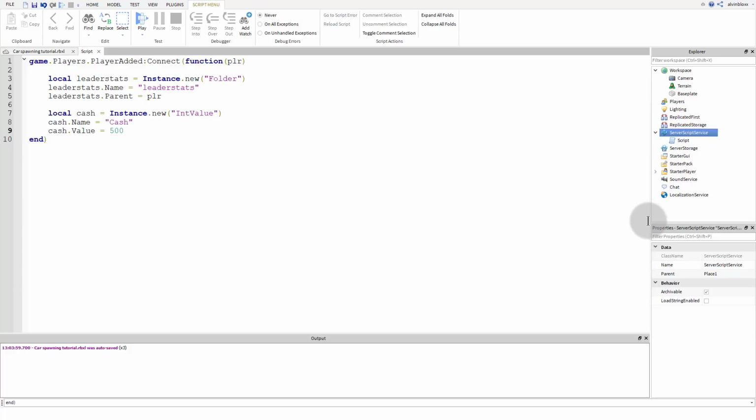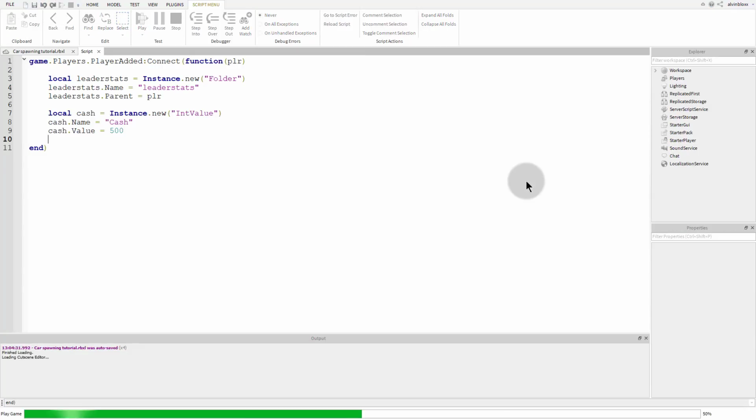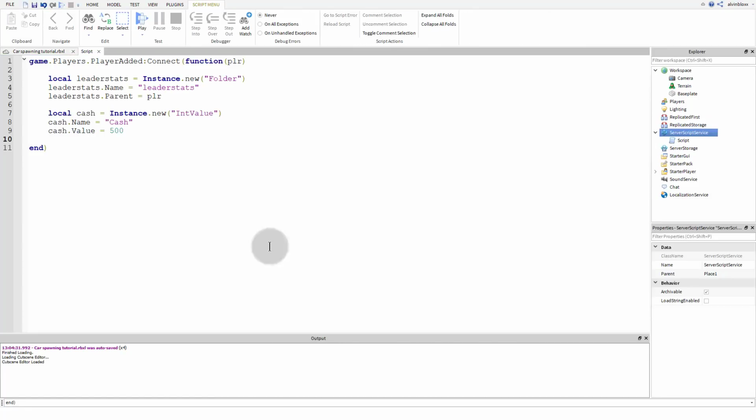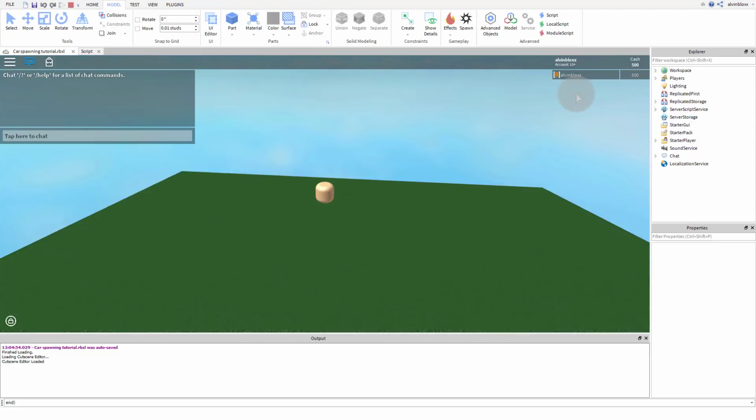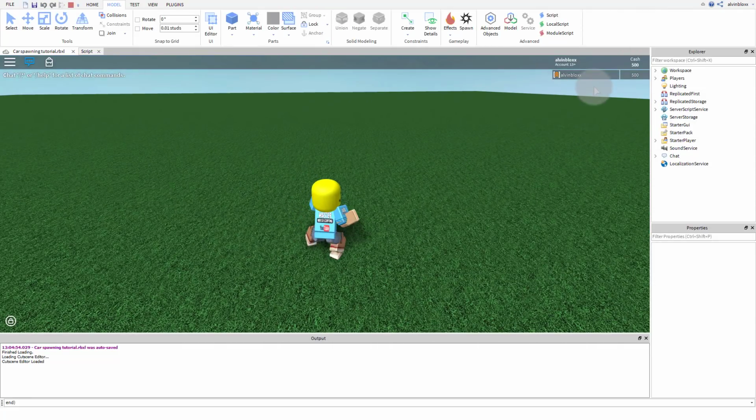Now I have a data saving tutorial, so if you want to save your data in game, you can watch that. It will be in the card in the top right corner of the screen. But now we should have our cash, our leaderboard. So let's go and play the game, and hopefully we should have our leaderboard in the top right corner. And I just realised we need to put the cash inside of the leaderstats, so we can say cash.Parent = leaderstats, and then if we play the game, the leaderboard should be in the top right corner. There we go. So now we've got our currency system done, we can start making the purchase GUI.